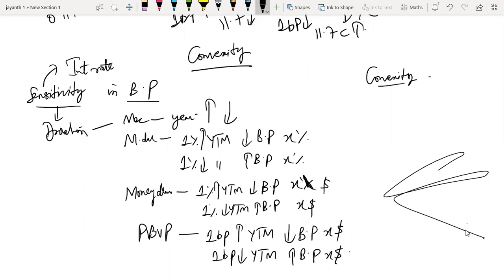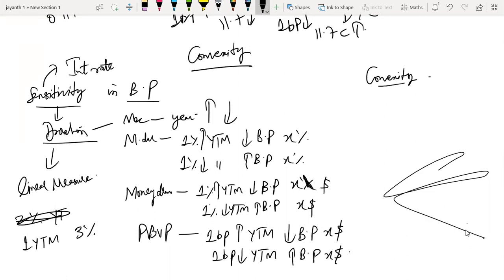So we have seen that the sensitivity is measured with duration, and duration is a linear measure. Linear measure means that if 1% YTM changes, your bond price is increasing by something like 3%, and at every point of time you will see a linear relationship. But I have already explained the linear relationship in my previous class. Linear relationship is not the one which can easily capture the sensitivity in the bond price due to interest rate changes, because